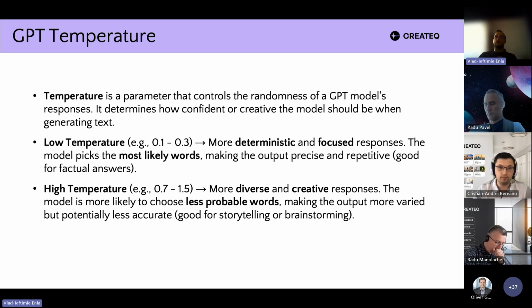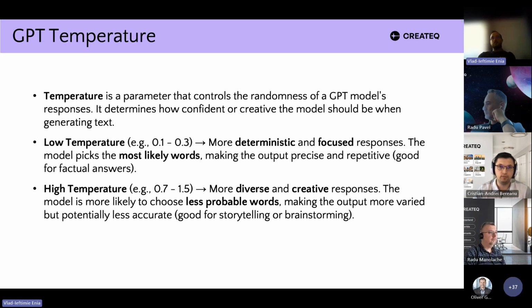So if we have a lower temperature, it will be more deterministic, but it is not 100% deterministic. So the lowest temperature cannot guarantee that we have exactly the same answer over and over again. But it is a bit more predictable and focused. And it is better for more factual tasks, repetitive factual tasks, like code generation, translation, things like that.